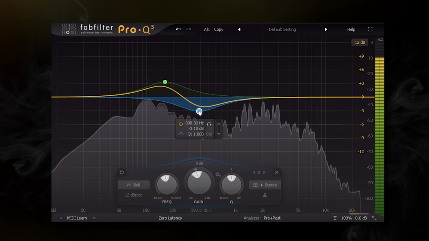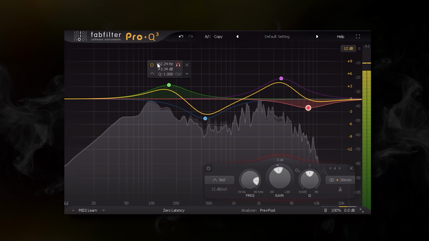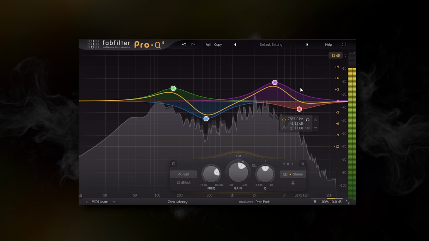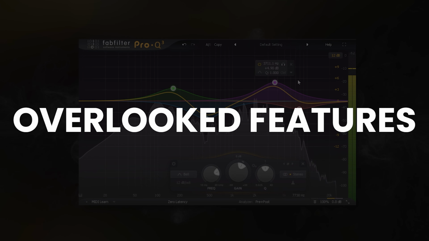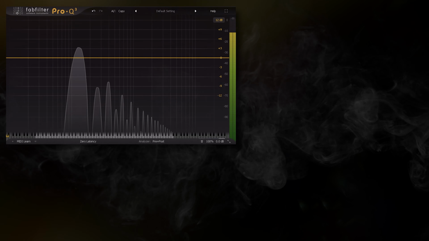FabFilter's Pro Q3 is one of the most popular EQ choices for many mixing engineers, but beyond its easy-to-use interface and simple controls lies a bunch of overlooked or hidden features you should really take advantage of. So let's go over each one, and I'll show you some great ways you can put these to work in